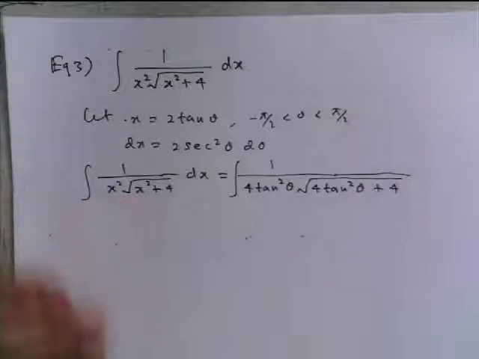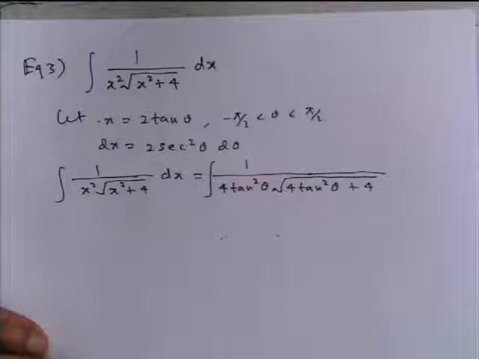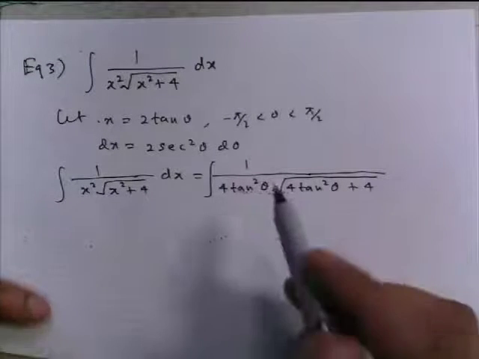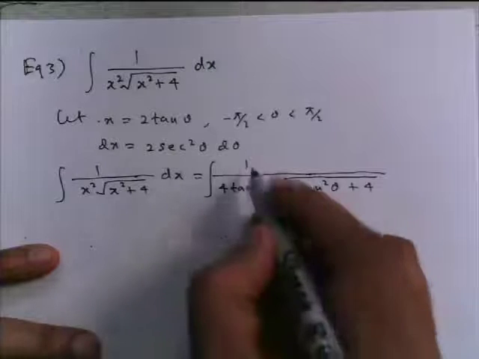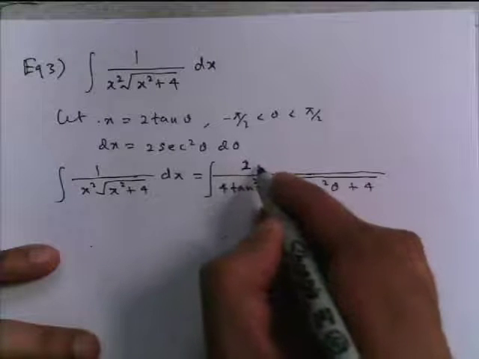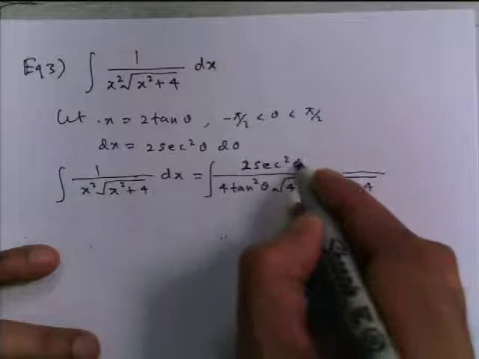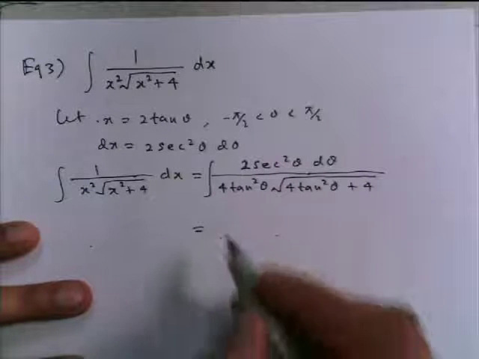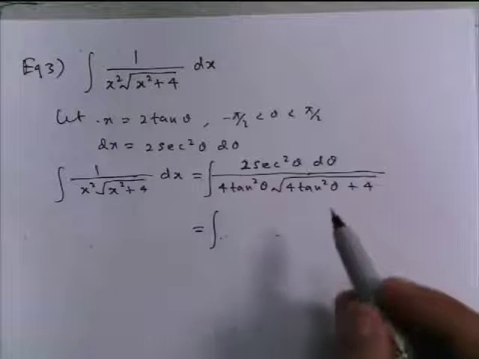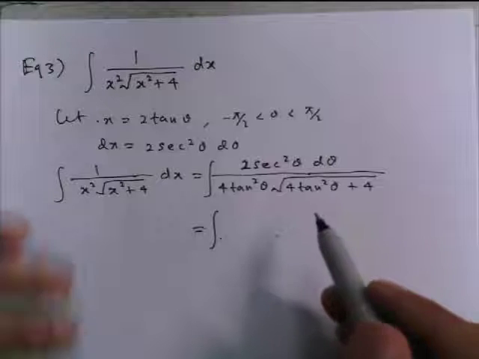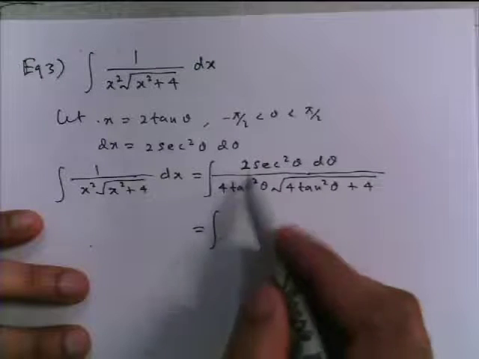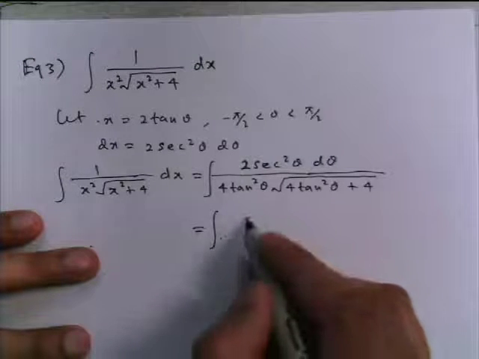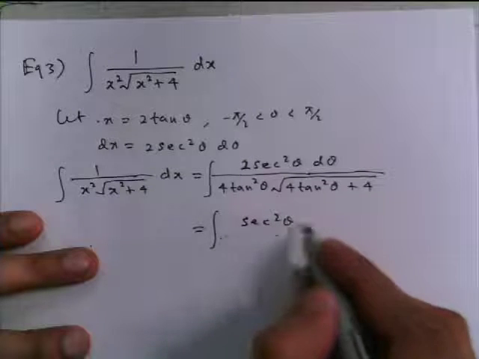Oh, I need more space actually. I'm going to put dx on the top, because I don't have space there. And dx is 2 secant squared theta d theta. That's what happens when you substitute. Okay. So there's a little simplification there. How can you simplify? The 2 you can cancel. You get secant squared theta d theta